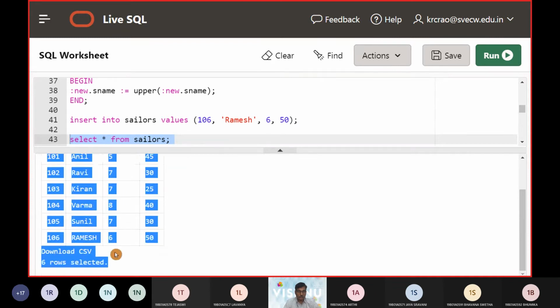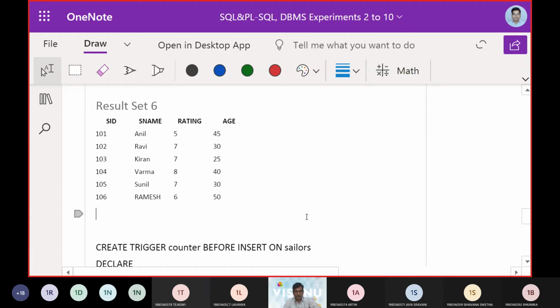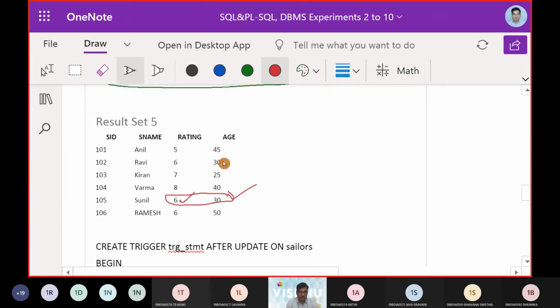So this was the key takeaway that we have to understand when we are working at this point of time. Let me retake you to this. Now it is 7, right? Before, what was the status?